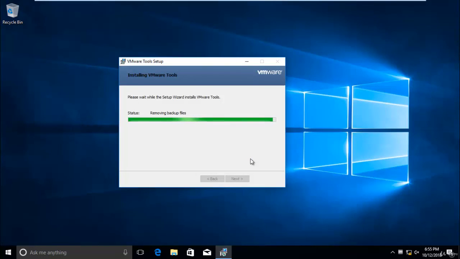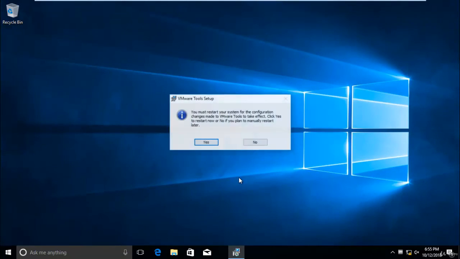You can see the video resolution has changed automatically. Just click on Finish. You need to restart the Windows 10 operating system.